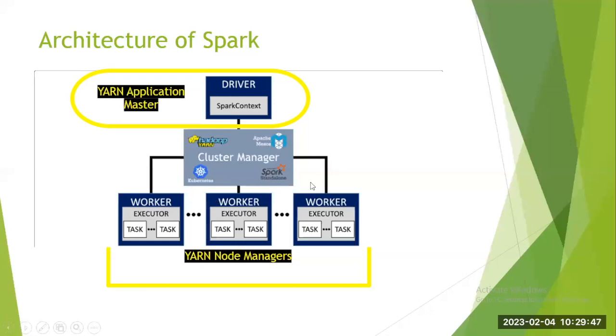ठीक है. So we are discussing Spark on YARN because most of the organizations use Spark with Hadoop on YARN only. ठीक है. तो आप यहाँ पर देखोगे हमारे पास ये जो रिसोर्स मैनेजमेंट लेयर है, यहाँ पर हमारे बहुत सारे कंपोनेंट हैं: Hadoop YARN, Apache Mesos, Kubernetes, Spark Standalone. ठीक है. So in case of YARN, if you remember the architecture of